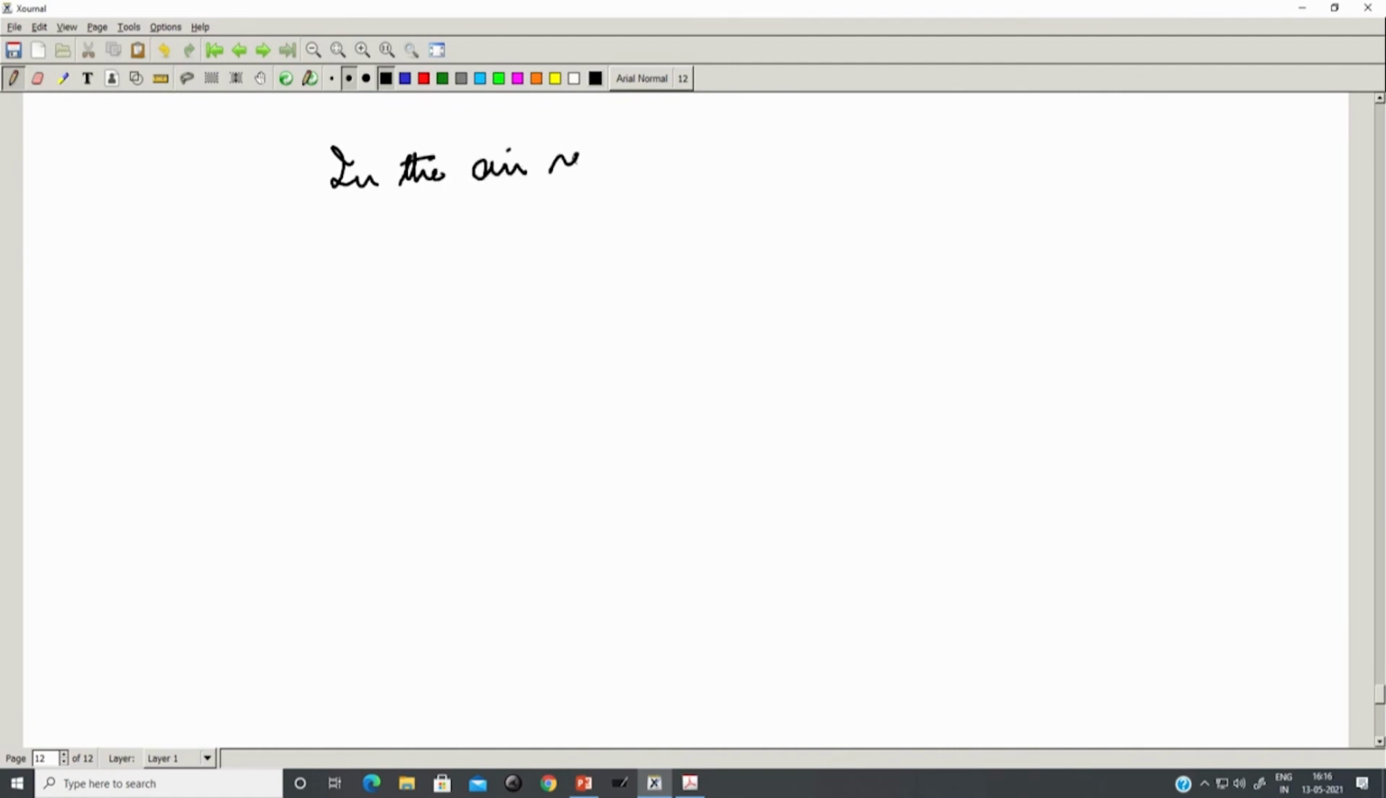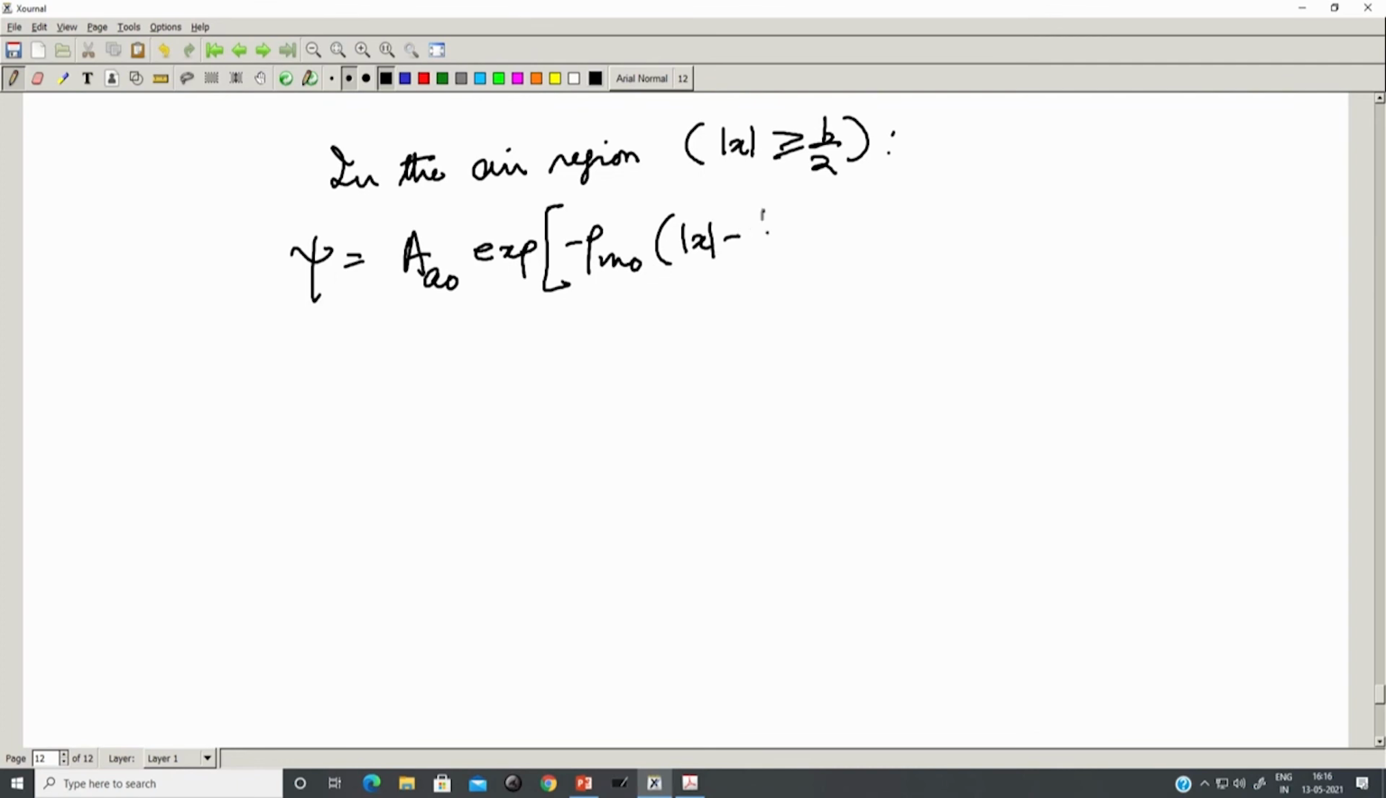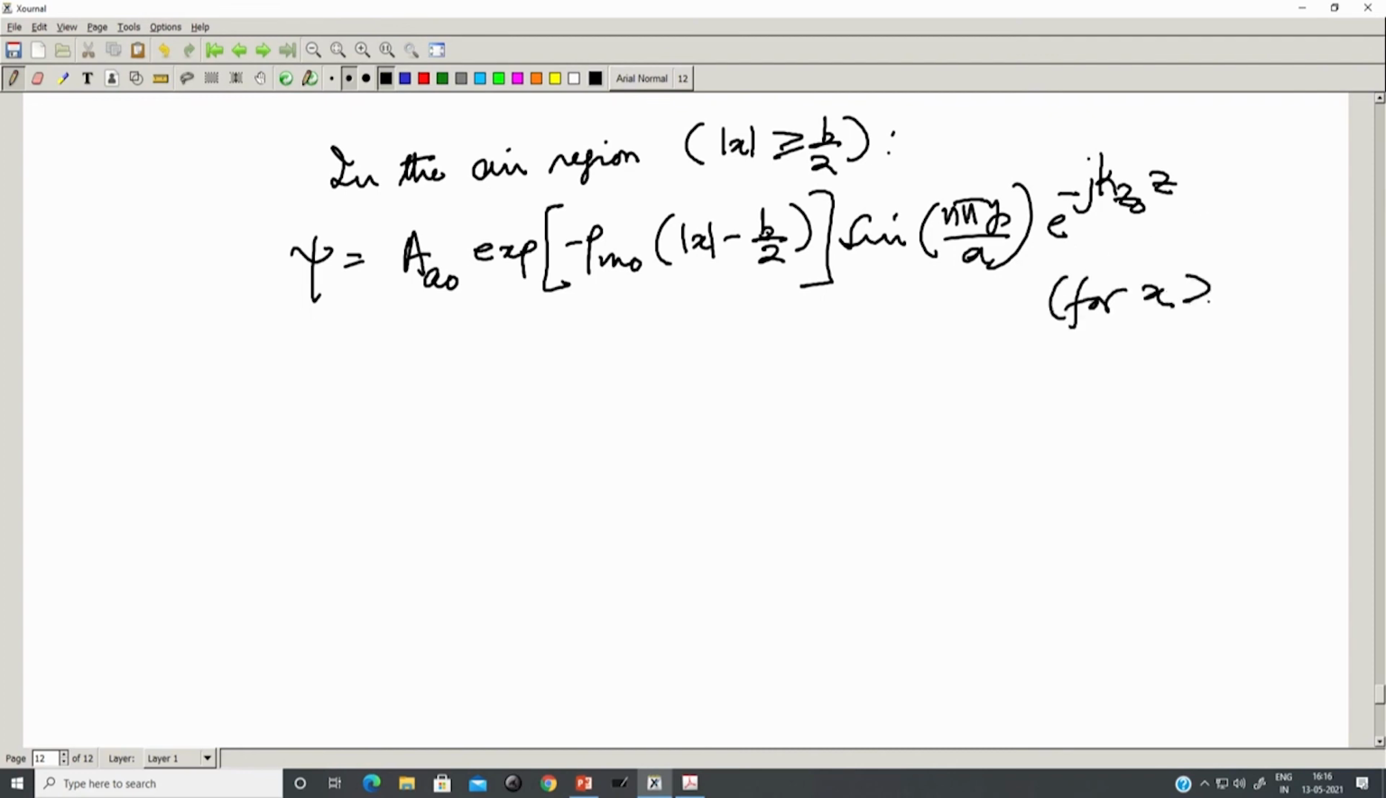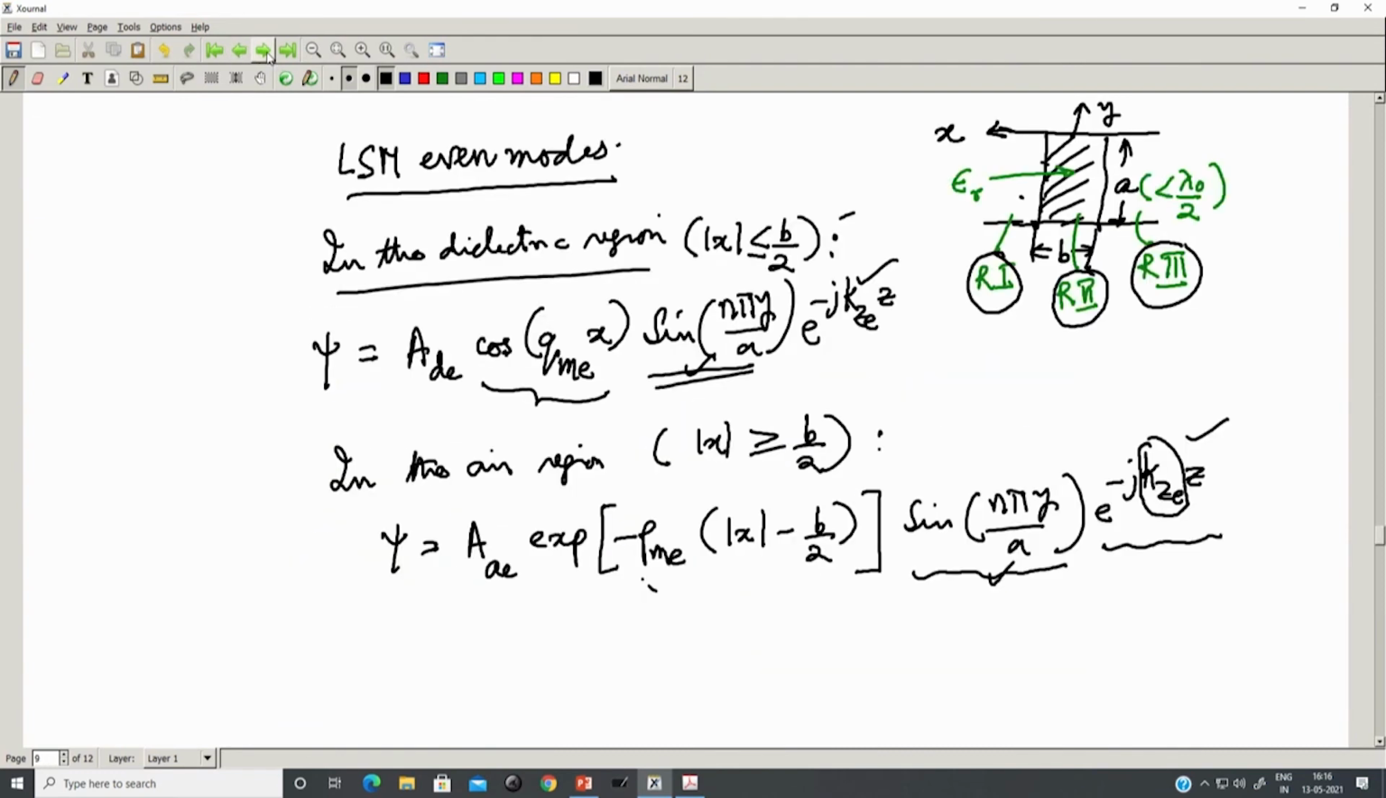In the air region which is mod x greater than or equal to b by 2, we have psi is equal to A_AO exponential minus p_MO mod x minus b by 2, sine of n pi y by a, e to the power minus j k_z0 z for x greater than or equal to b by 2, which in this figure is region 1, x greater than or equal to b by 2,